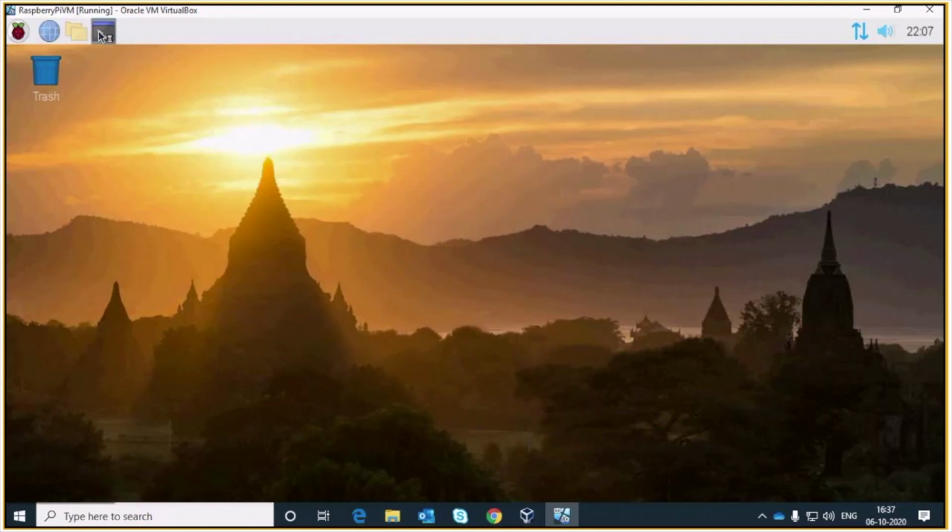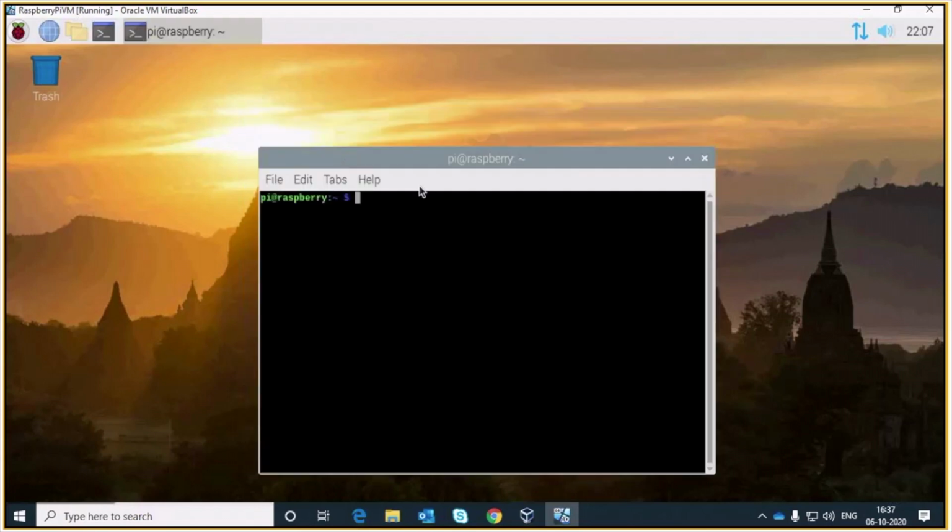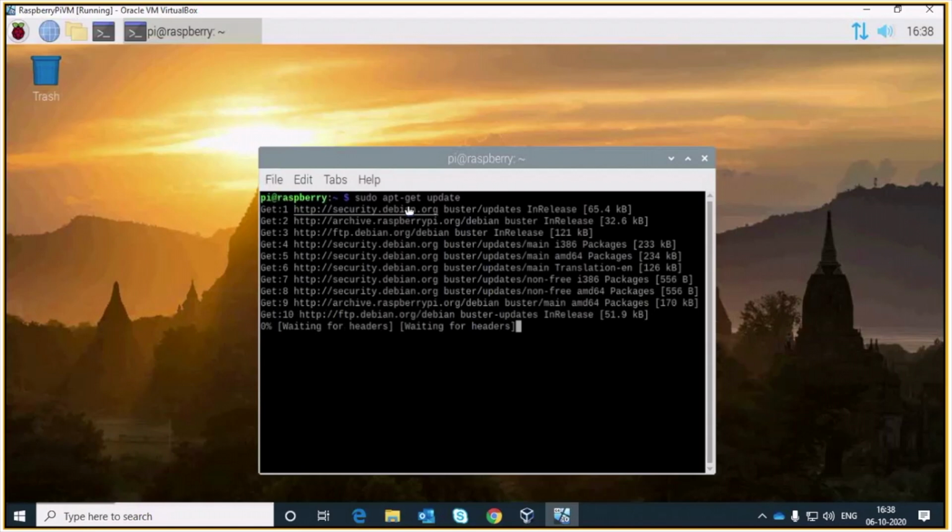So this is the terminal window for that. You can run terminal commands to update your Pi. Sudo apt-get update, to update your Raspberry Pi if you want to update.